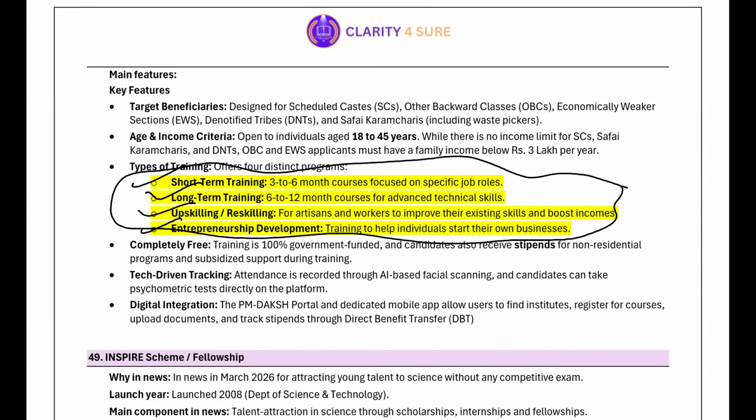So this is Skill India for the weaker sections. It is providing the Skill India concept for what? Weaker sections. Are you getting my point? Okay. So it is just skilling for social justice. So this scheme is all about this, right? Now